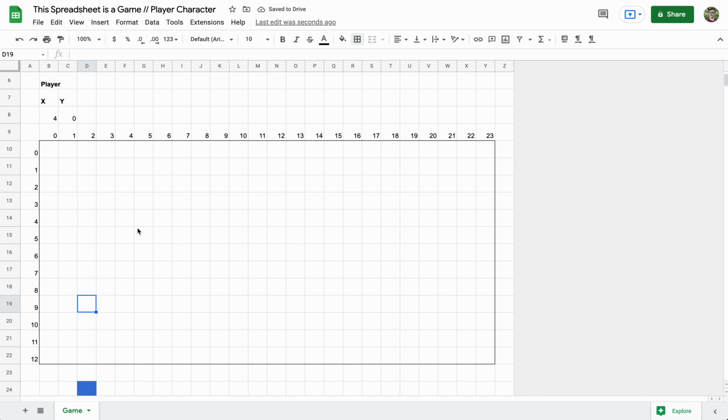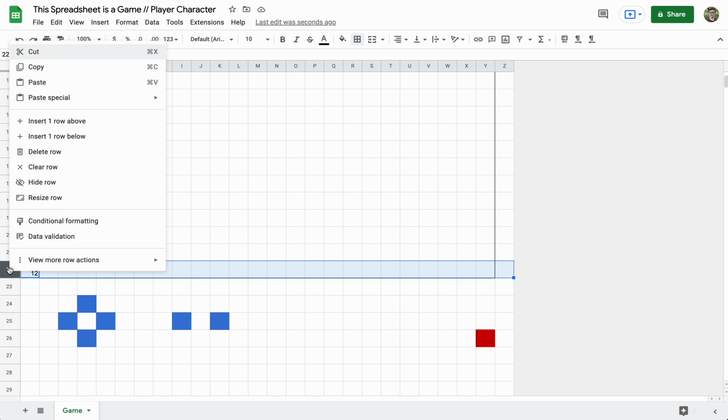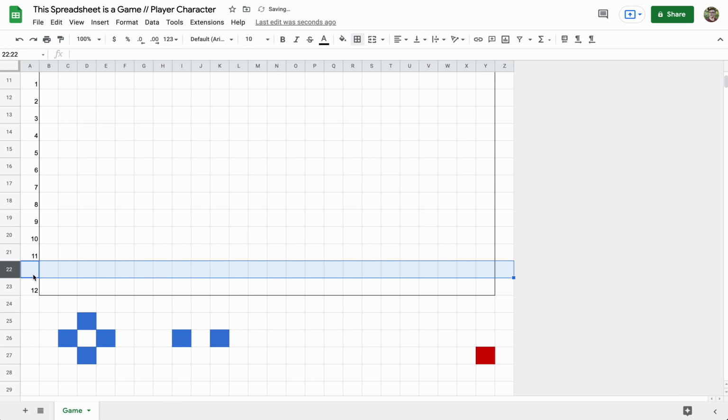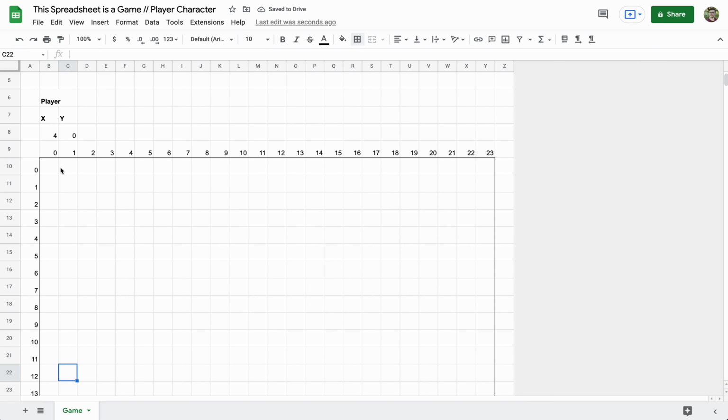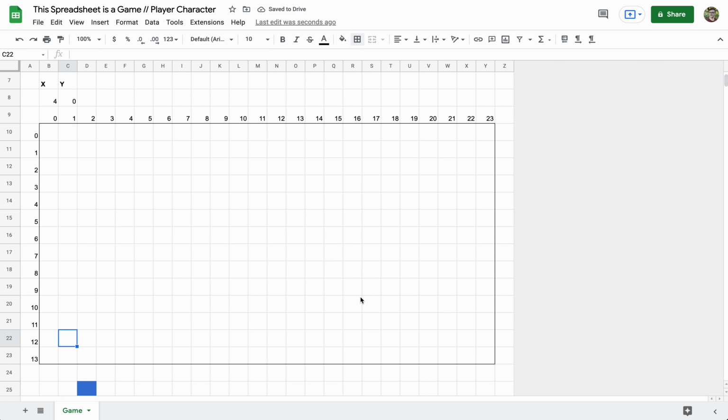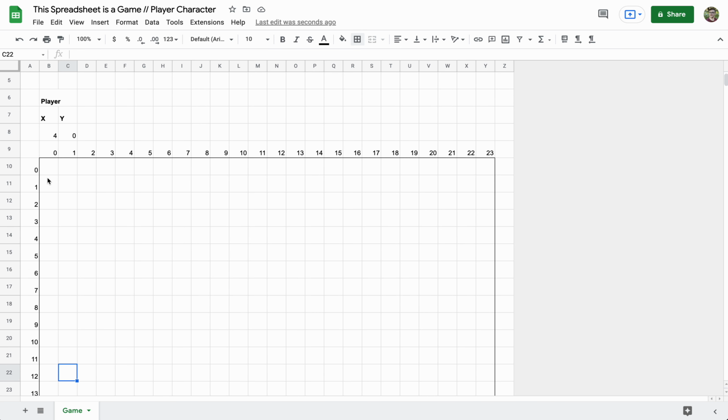$13 down, sure, why not? 13's unlucky or whatever, so we'll make it 14. All right, so now we have all these cells, and in them, we're going to say,